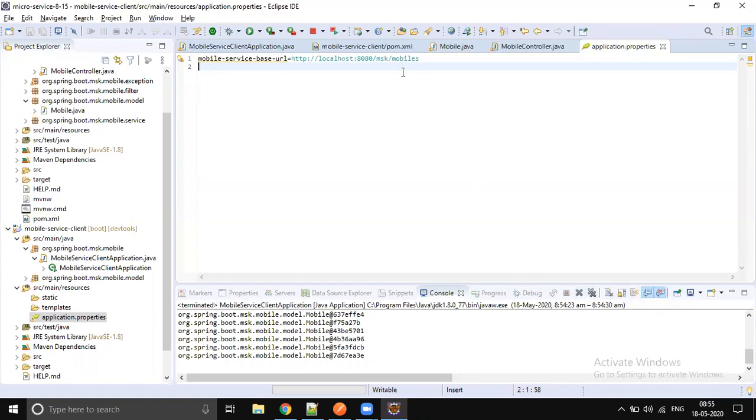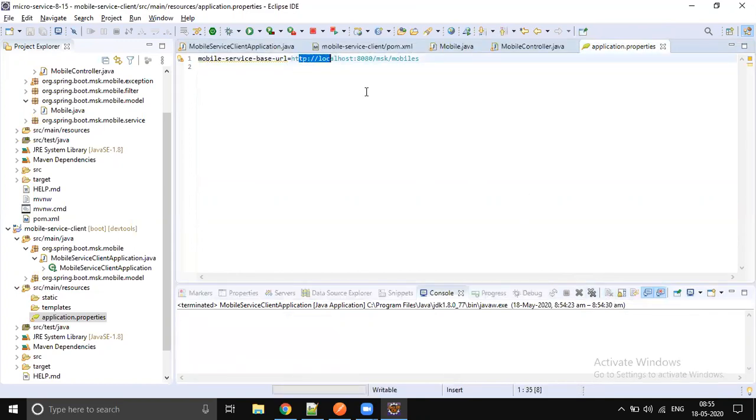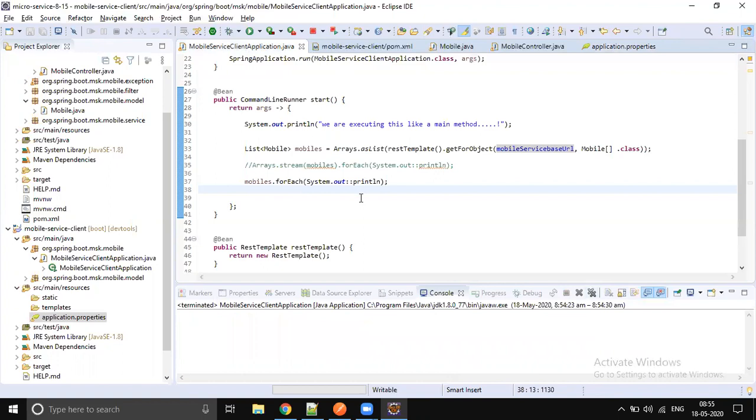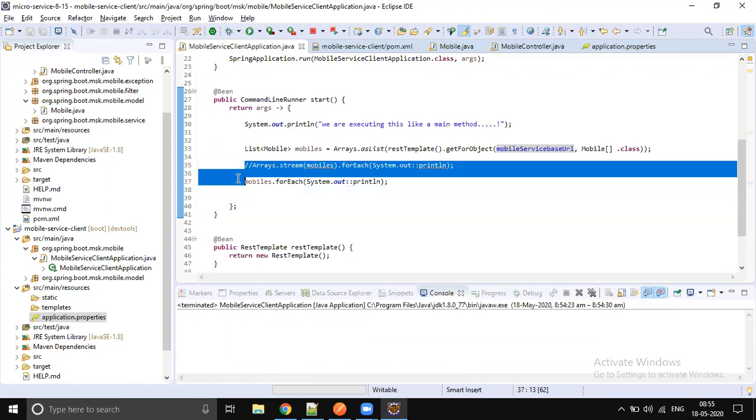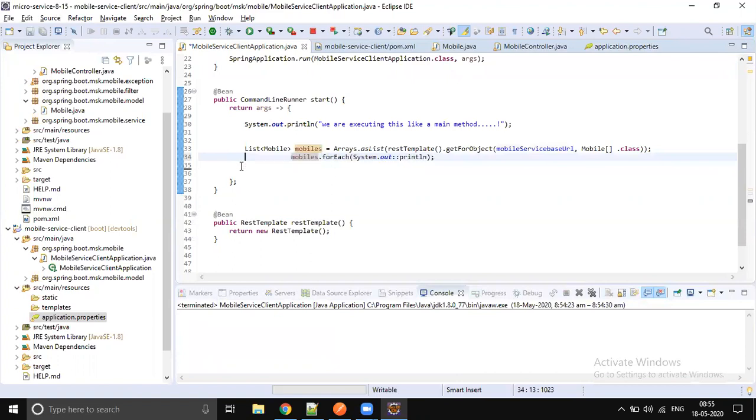If you feel something is changing, you can change that properties file, or else you can pass it as a command line argument. But anyway, it won't be like this; we will change it in the future. Now at least something is good: the URL we are not hard coding, and we are not getting the raw string. We are getting the object exactly, and we are printing it in the console.